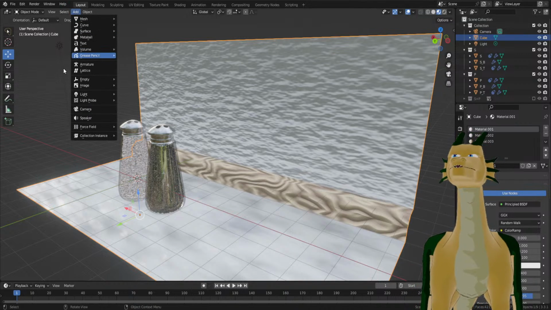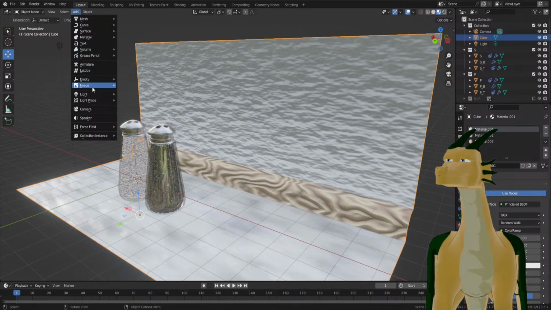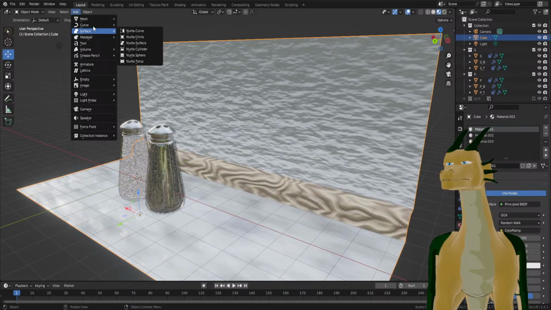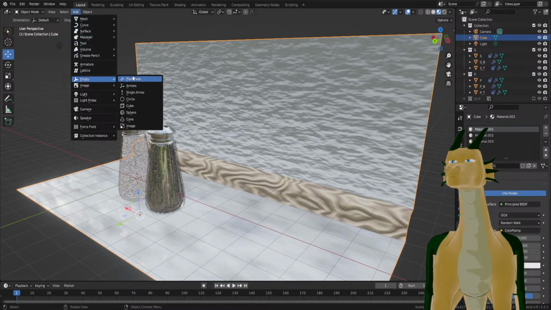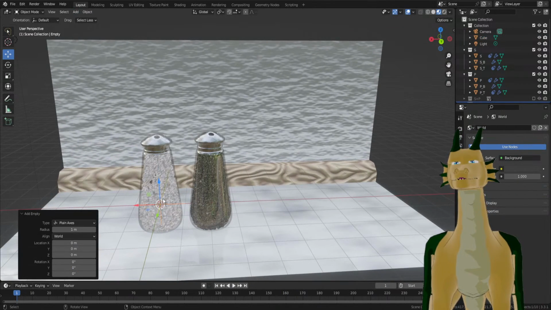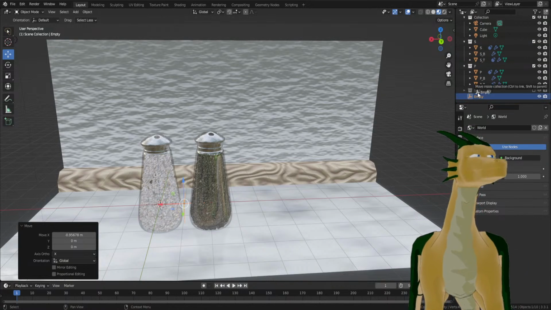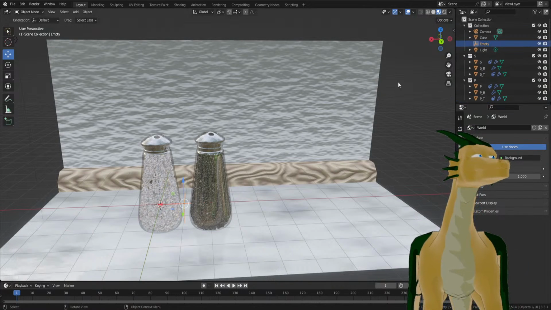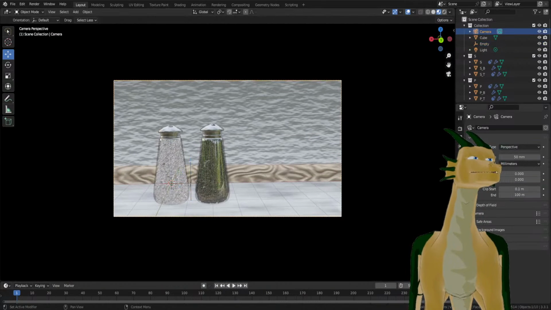Dude, we're going to add an empty, which is something you can't see during the final render, but it still acts for the object for the sake of behavior. I'm just going to use a simple plain axes, move it in between these, put it in the collection. Now, if we go back to our camera object